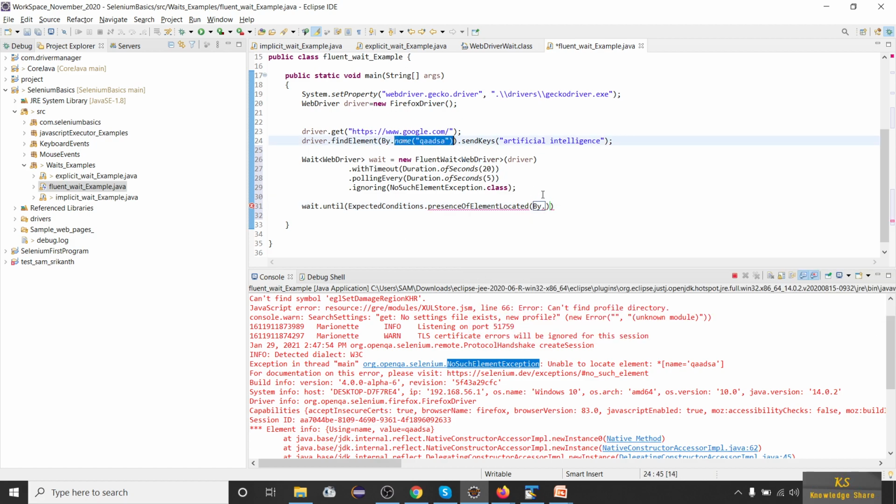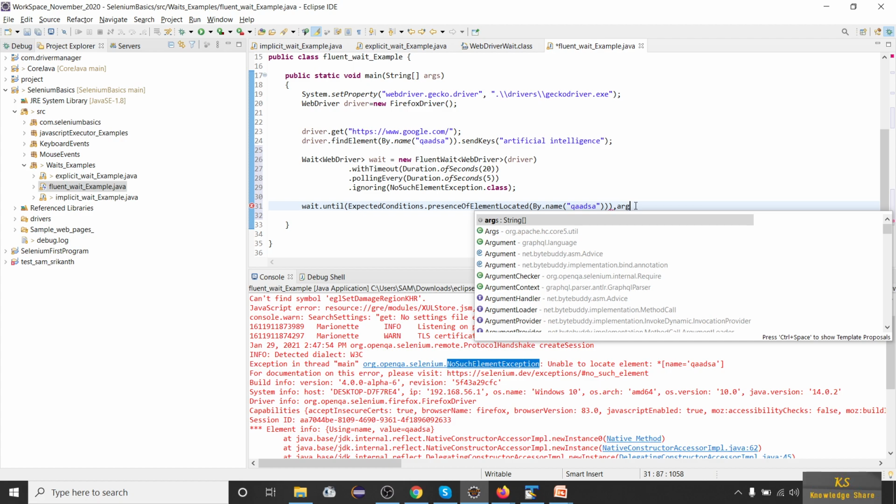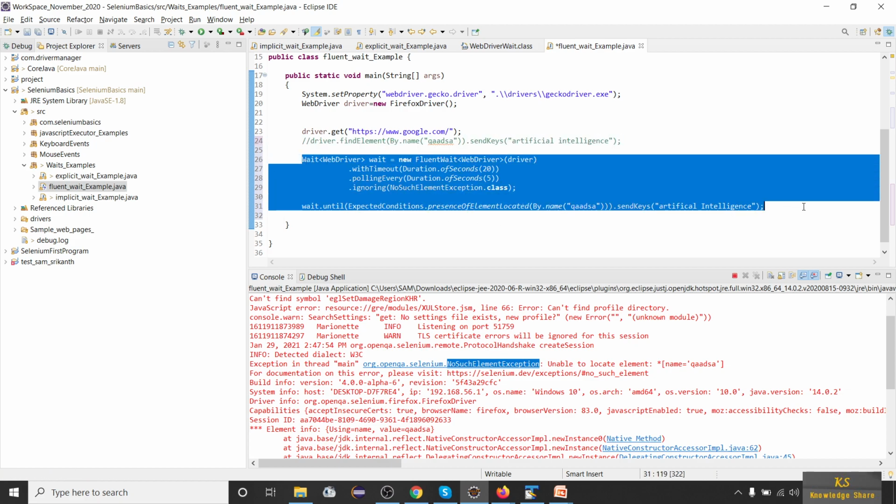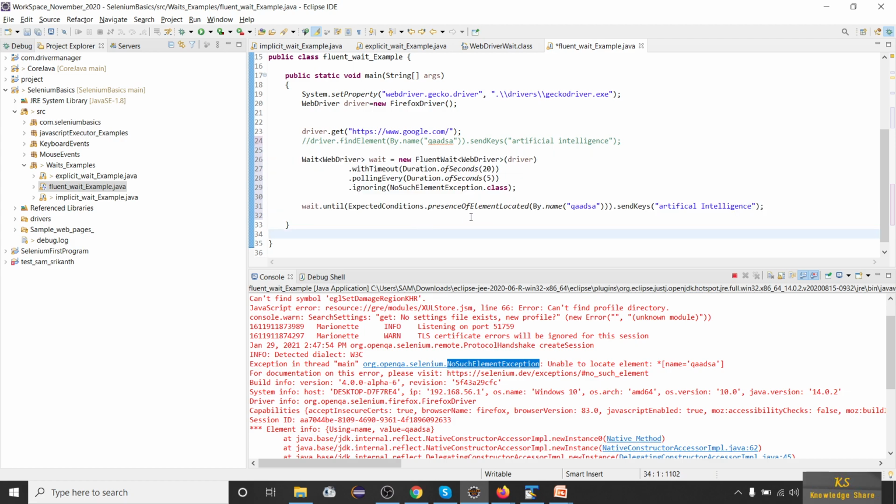So I'll be using this by dot name, dot send keys of artificial intelligence. So I will be commenting this line now, since we will be handling it here using fluent wait. Now it will wait for this element, and if this element is not there, then it will start executing these things.